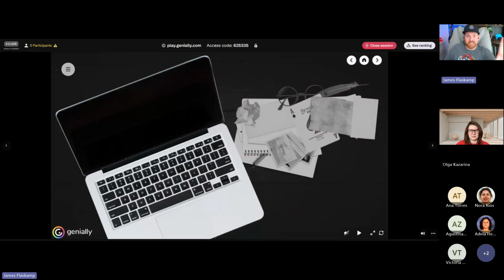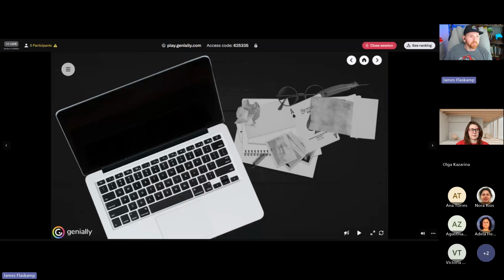Now, this is definitely a higher level Genially creation, right? If you're new to Genially, you might not be creating one of these in the very, very near future. I don't know, maybe you will if you're like a prodigy or something. But yeah, this is a more complex Genially. But I can show you a couple little things, and I can give you a couple of tips on how to learn Genially a little bit better using a template like this.